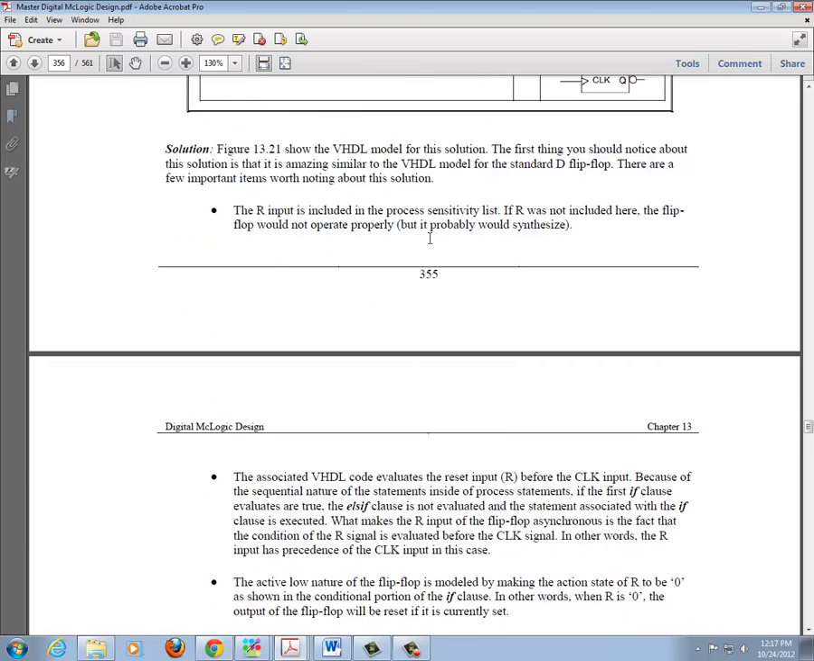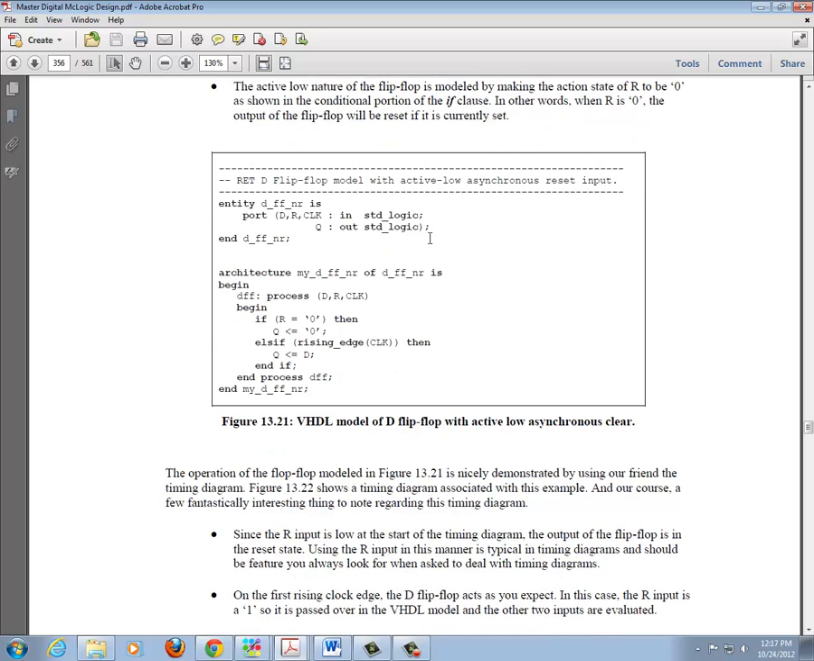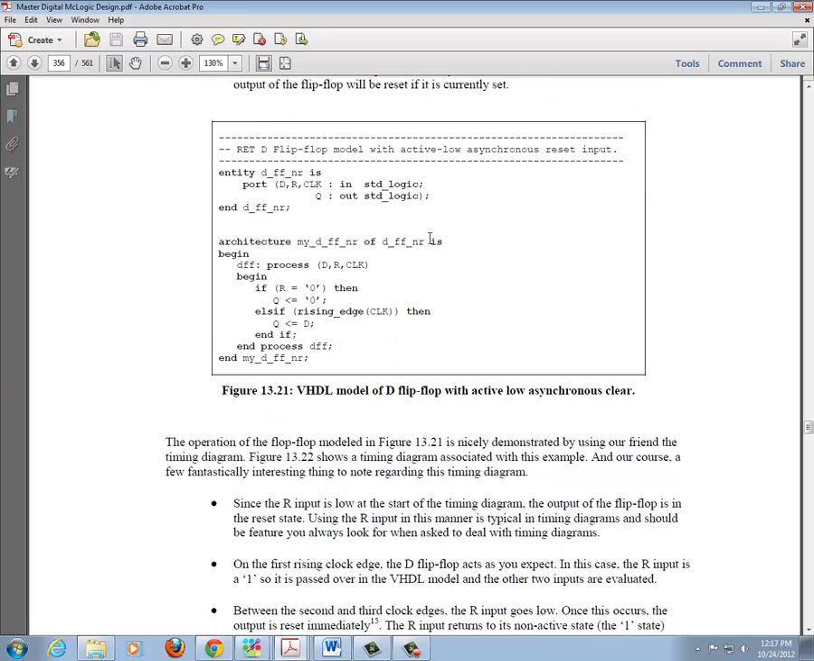So if you look at a model of this in VHDL, here's how you would model an asynchronous reset condition that is active low. Alright, so here we have our inputs for our entity, D, R, and clock, which are inputs of type standard logic, and the output Q. Now the architecture, my DFF, I guess this NR stands for reset of this DFF,